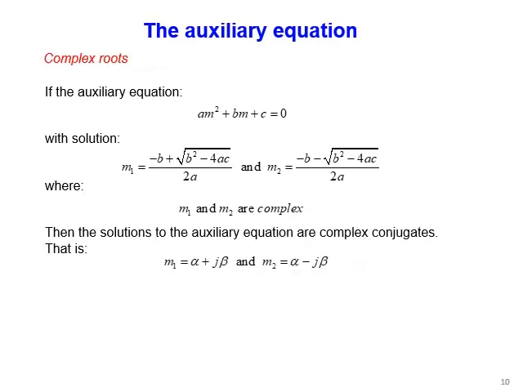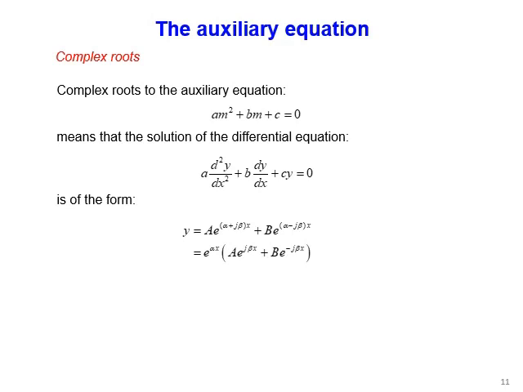What if they are complex? We have three cases for the auxiliary equation: either real and not equal, real and equal, or complex. For complex, we get for example m1 equals alpha plus j beta, and m2 equals alpha minus j beta. Now how do we solve it? Have a look. y will be a constant times exponential of the first root plus b times exponential of the second root. Now we need to simplify and convert. Take exponential alpha x outside as a constant. What is left is exponential of plus j and minus j. We need to